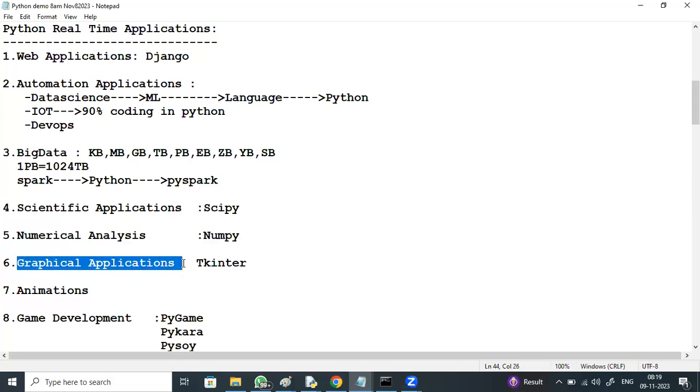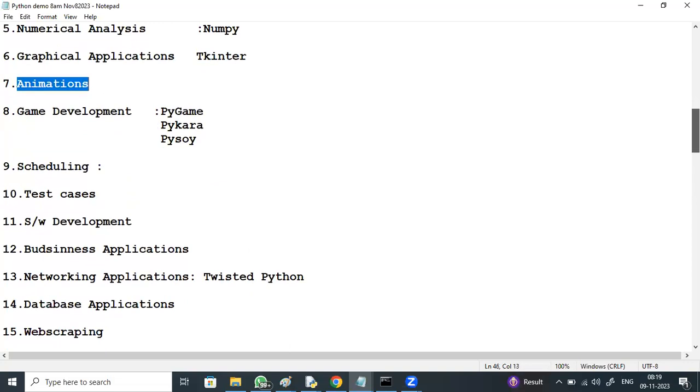For graphical applications or animations, Python is preferred. Even for game development, today a lot of games are developed using Python, single-user and multi-user games, using frameworks Python provides. Pygame is a separate framework given by Python for developing games. We also have PyKyra, one more framework, and PySci for 3D games and 3D rendering libraries.